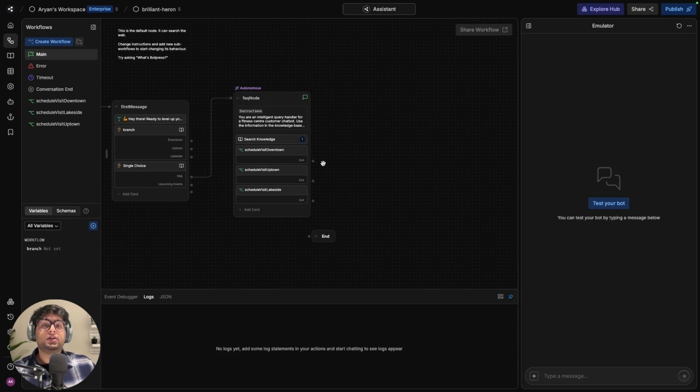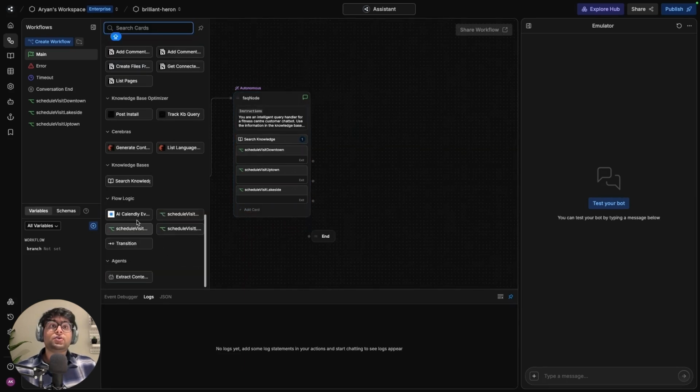Now, this is where the major part of listening to the queries comes in. So you have given the users the link to the particular event or a visiting schedule, and now you just want to listen to what the user has chosen so that you're able to send a personalized reply and basically acknowledge that their meeting is successful, their scheduling of event is successful. For this, what we can do is